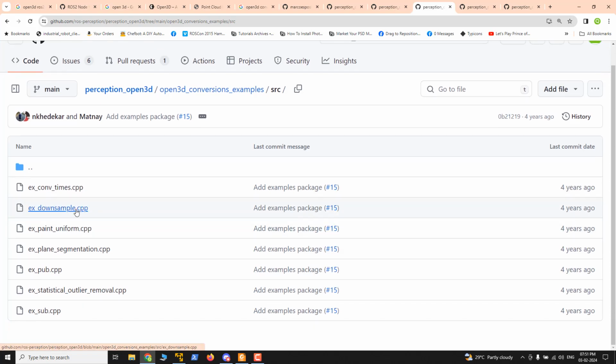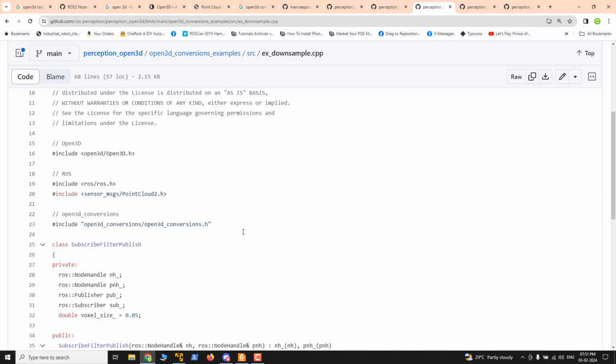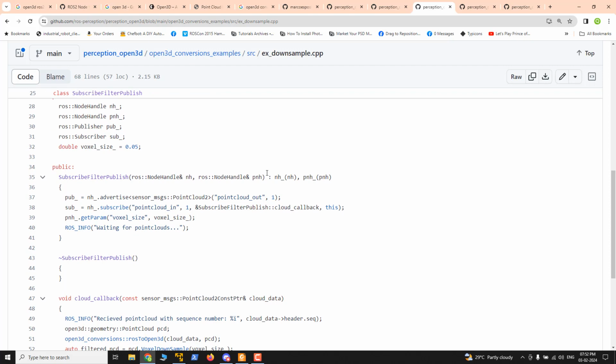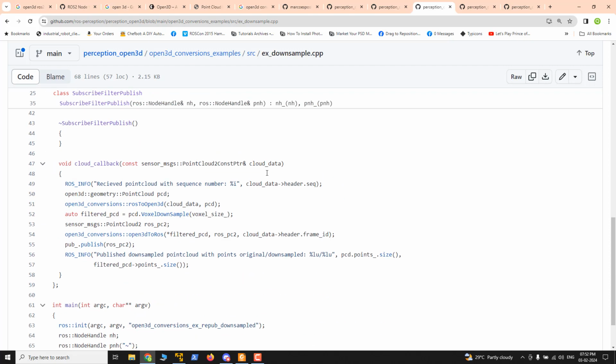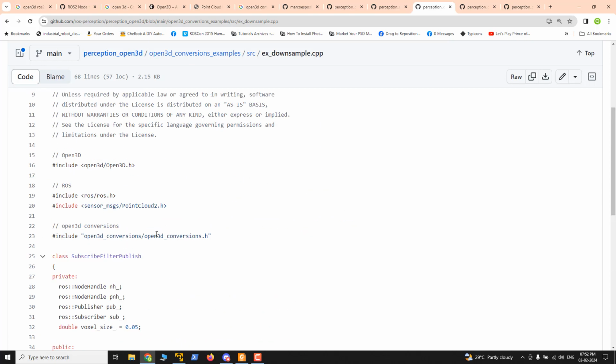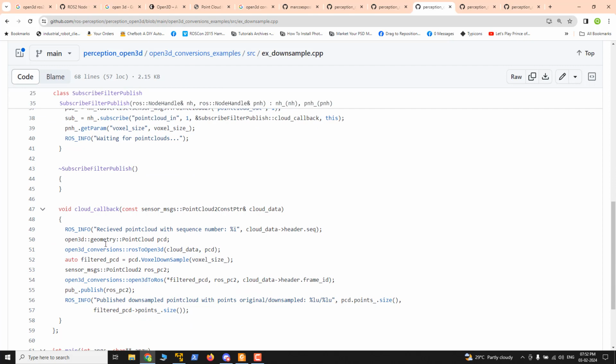Okay, and also there is good documentation and community support, and it has modern APIs, meaning it may be using the latest C++ version. The Point Cloud Library is somewhat old, but it still does the job. So you can rely on the examples, and you can use these PCL, Open 3D conversion functions,